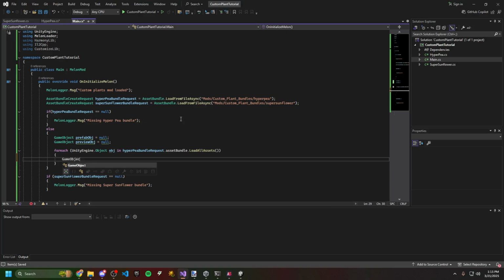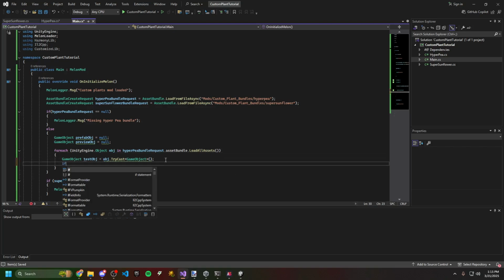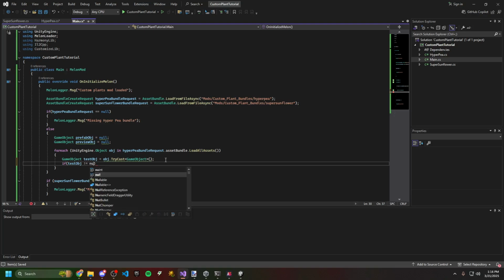And then I'll make a new game object, and I'll call this test object equals obj dot try cast, right? So basically it's going to try to make every object in here a game object. And if it's not null, so if test obj is not equal